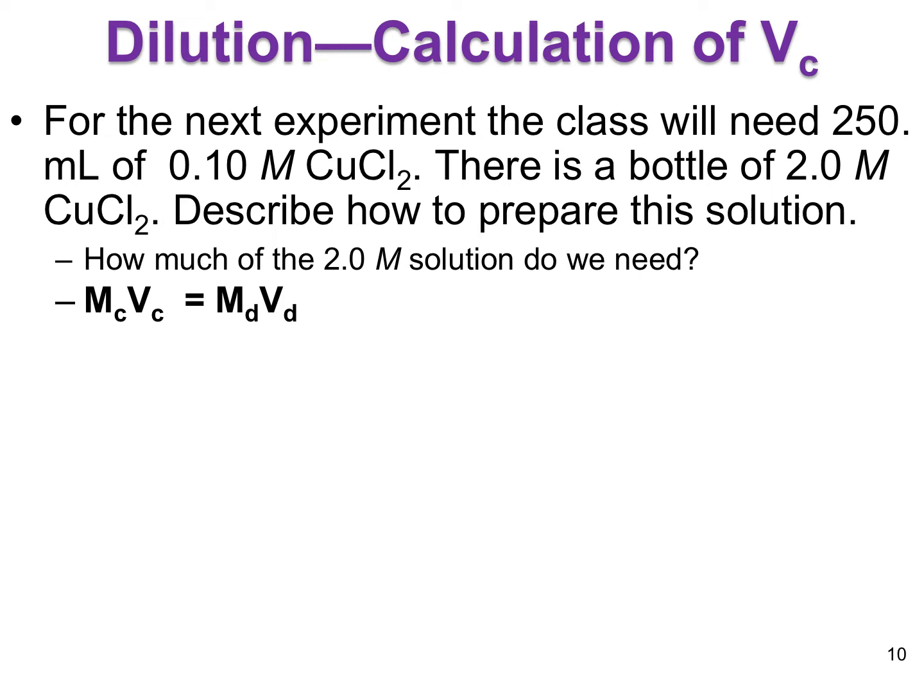Algebraic rearrangement yields V_C equals M_D times V_D divided by M_C. Thus, V_C